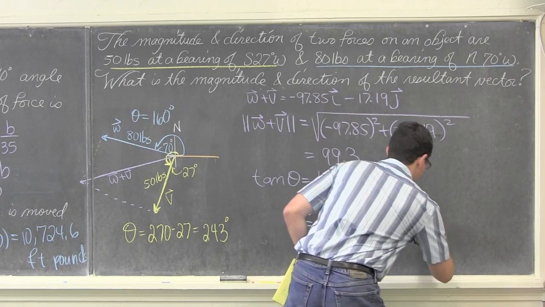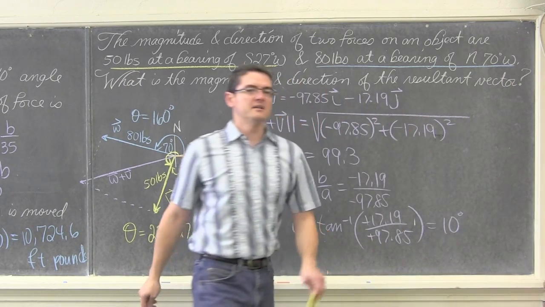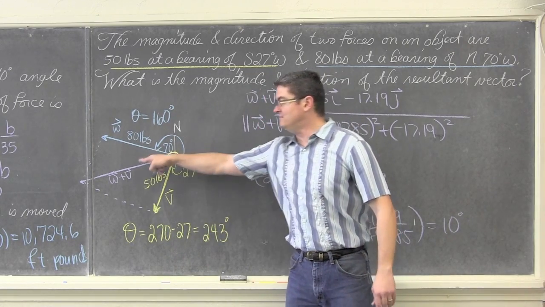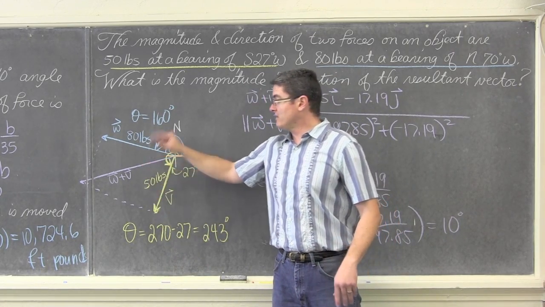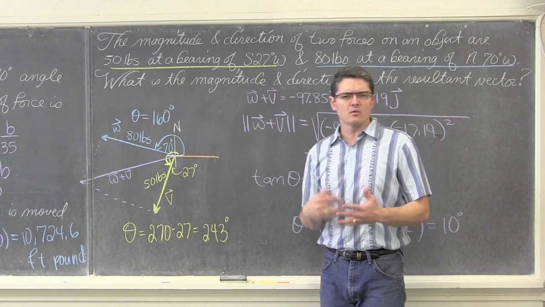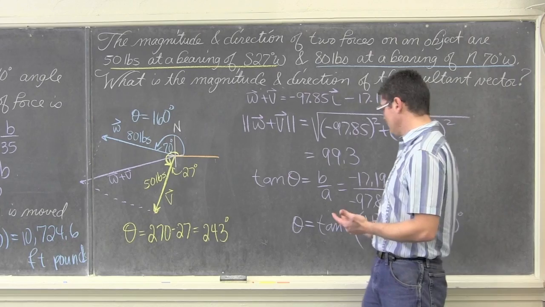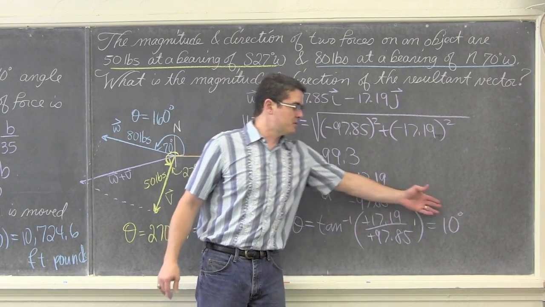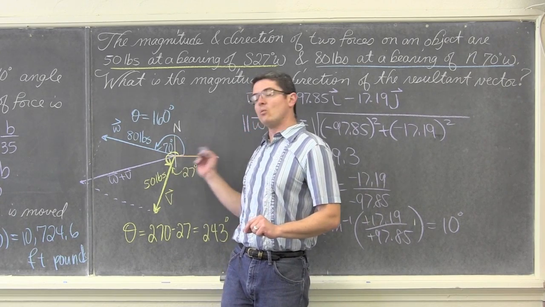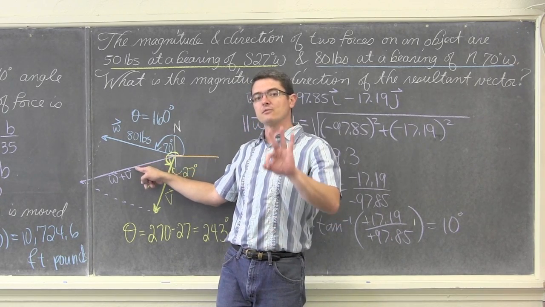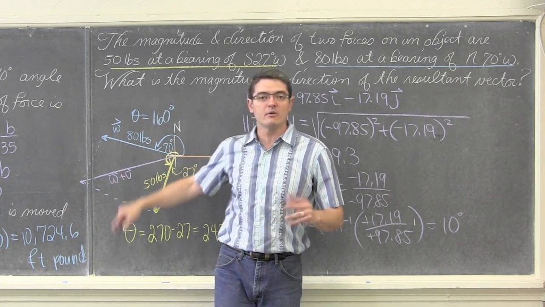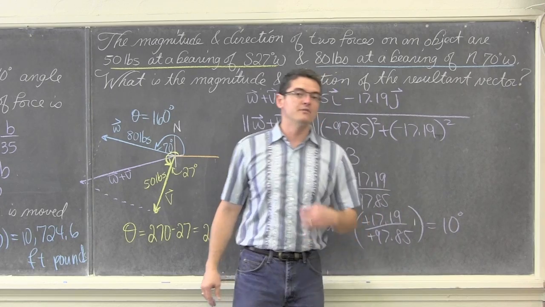Of course, these negative signs are going to cancel out, and the inverse tangent of that comes out to be 10 degrees. Now, that's all fine and dandy, but 10 degrees is not in quadrant 3. So again, the drawings are important because it not only lets you verify your numbers to their reasonableness as you come along, but now you're like, okay, the calculator said it was a 10-degree direction, but 10 degrees would be over here in quadrant 1. So since we want to be in quadrant 3, which means we need to be just past 180 degrees, and remember, inverse tangent will give you a reference angle.